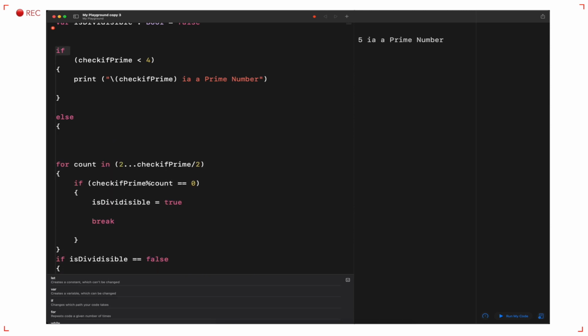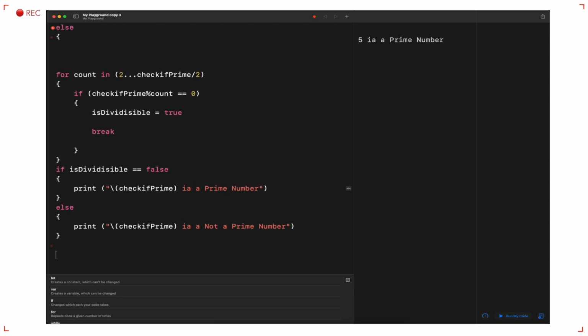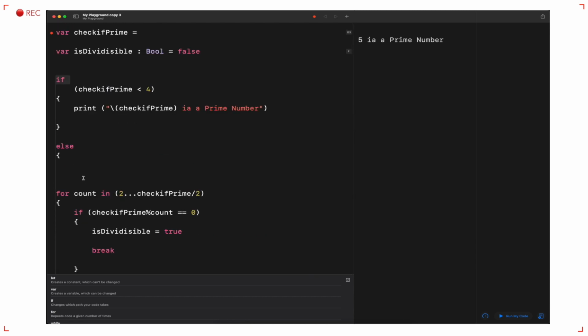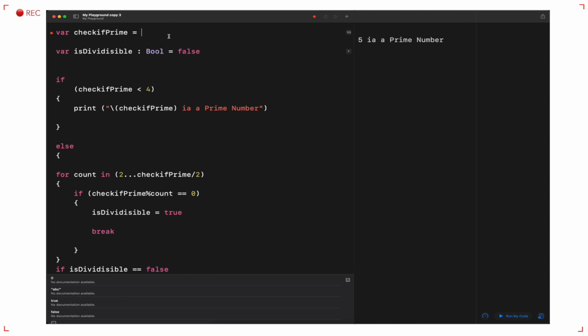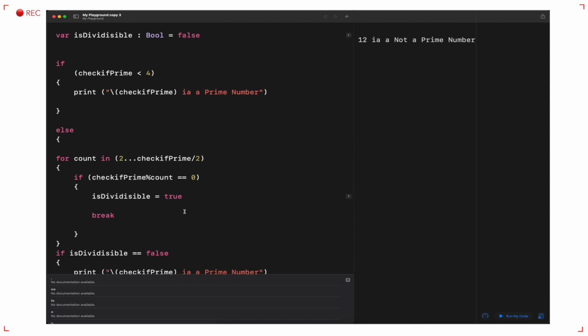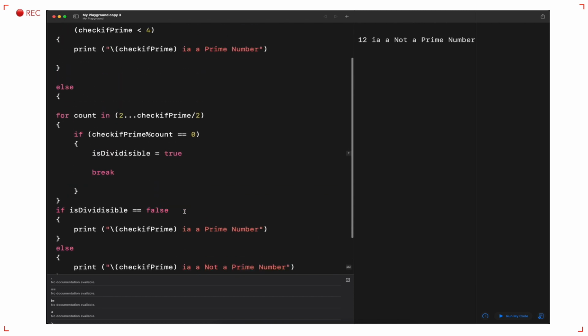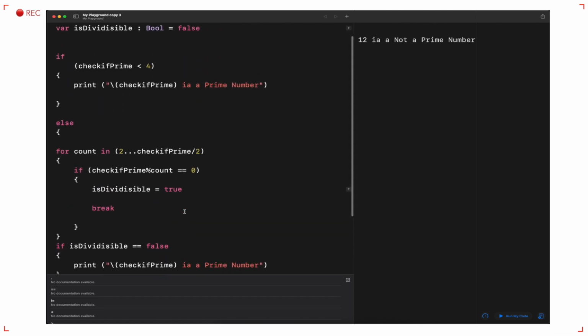Let's see if that works for us. So now let's run this for 4. Well, 4 is not a prime number, it worked. Let's run it for the lower numbers where it was not working in the past, and now it is working. So it's going to work for 3, it's going to work for 2, and let's just make sure that after we did a change, it's working for the original program as well. So 13 is a prime number, 12 is not a prime number. Make sense? So this is how we're going to write a code. It's a little more complex than probably the ones that we have done so far, but it's a pretty interesting one, and it should give you guys a good hands-on